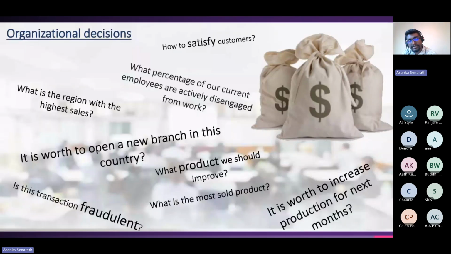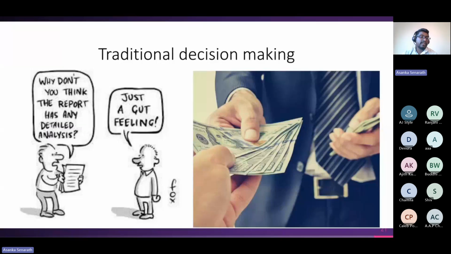Even companies make these decisions, right? They might want to open a new branch somewhere. They might need to improve one product. They want to see what the best-selling products are, what the regions with high sales are. Those kinds of decisions they might need to take. They have questions, and they need to take decisions on those questions, right? So the traditional method of making a decision